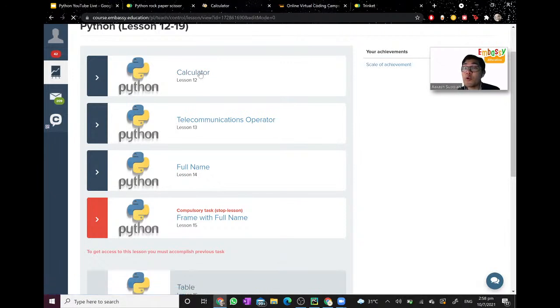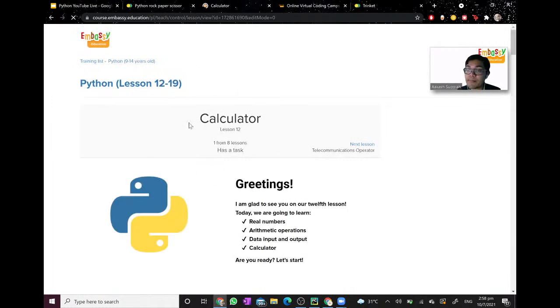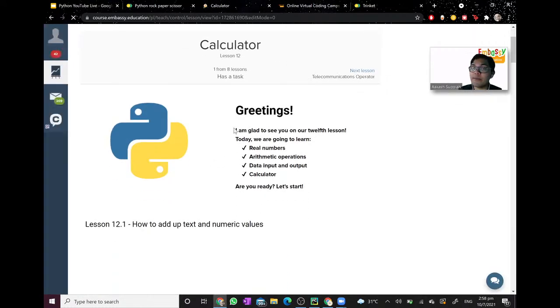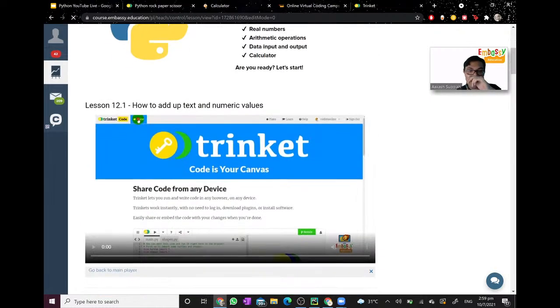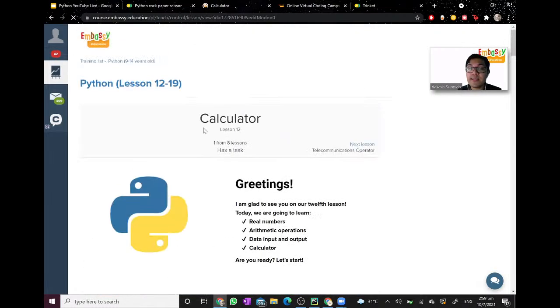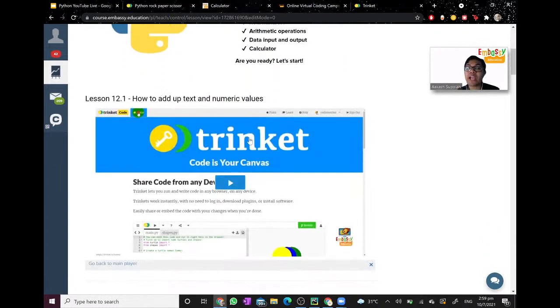So how our course is designed is that when you enter our lesson plan, they give you the goal of the lesson today. For example, today we're going to learn about real numbers, arithmetic operators, data input and output, and calculator. In each lesson, the goal is to create one project, and each project is divided into small action videos.